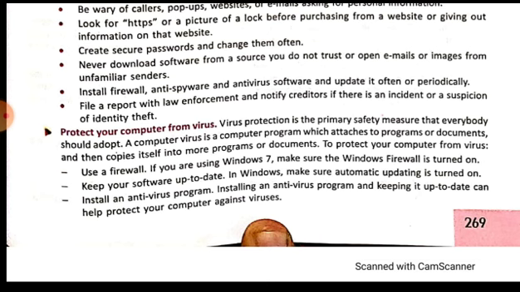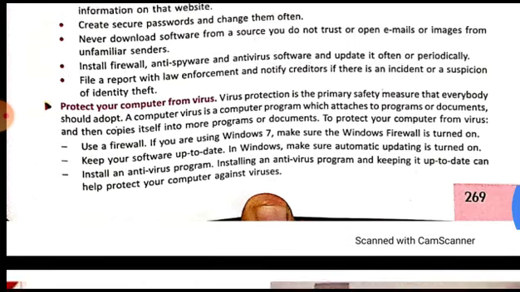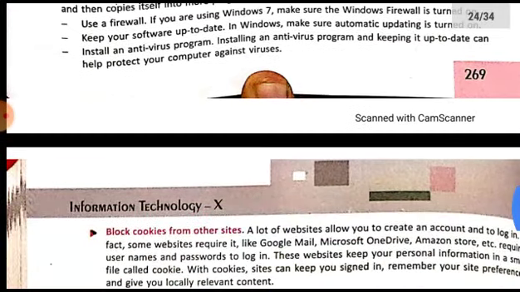So what is there in the security patches? These security patches are security measures. They are enhancements in the security of the OS against new threats which are coming every day. That is why we should always update our Windows operating system or any other operating system which you are using, as well as keep updating all our application software from time to time. Then last, we should install an antivirus program. Installing an antivirus program and keeping it up to date can help us protect our computer against viruses. So these are the various steps we can take for protecting our computer from virus.